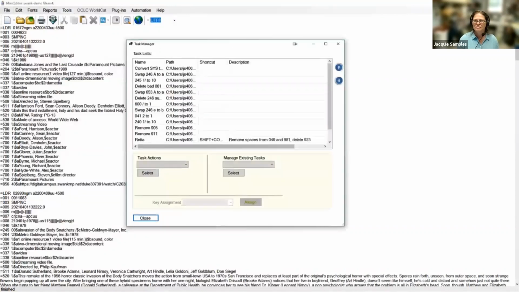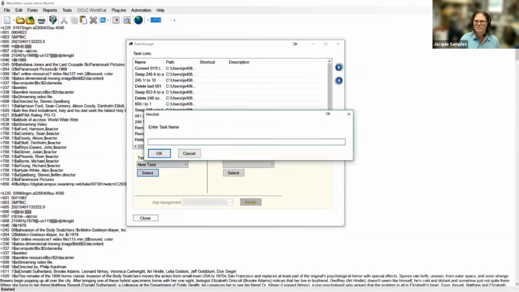So here I am in my task list, and you will remember that I copied a task to my clipboard. Under the task action side of the screen, I'm going to create a new task. I'm going to hit select, and this window is going to pop up, and I'm going to name it demo 1 because I'm going to want to delete this later.